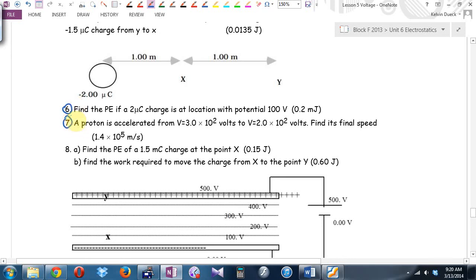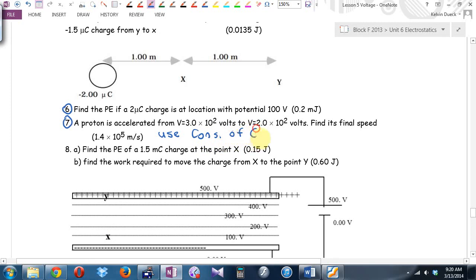7 is actually going to show up in the next lesson or the lesson after that. A couple lessons from now, because I'm asking you to find its final speed. What am I asking you to find in number 7? Now, it's going through a change in voltage. You can kind of think of that as a change in height and a change in speed. I'm telling you, you can figure this out if you use